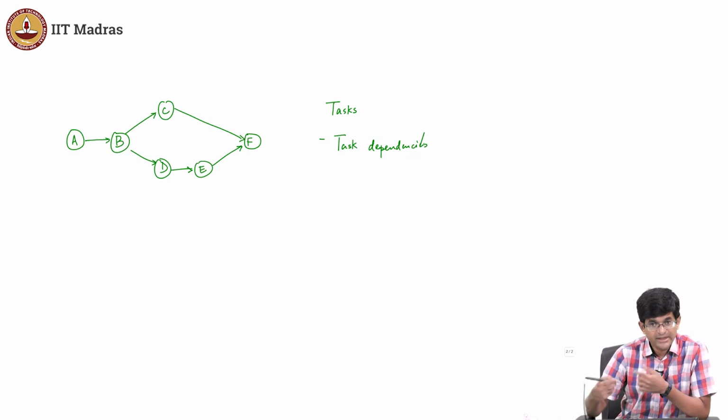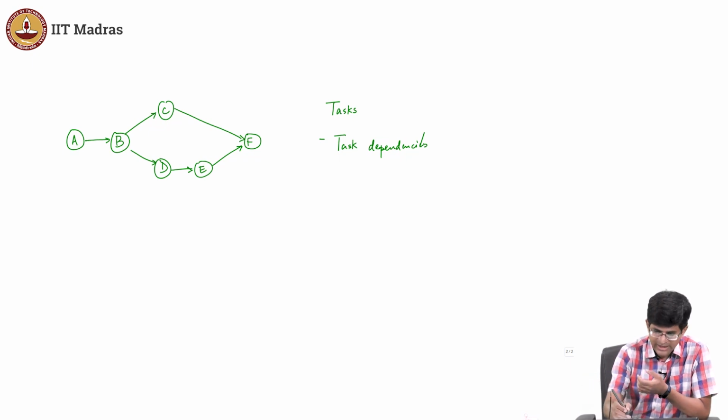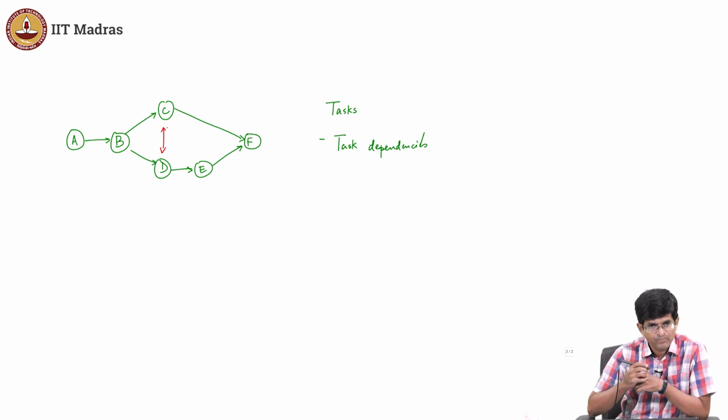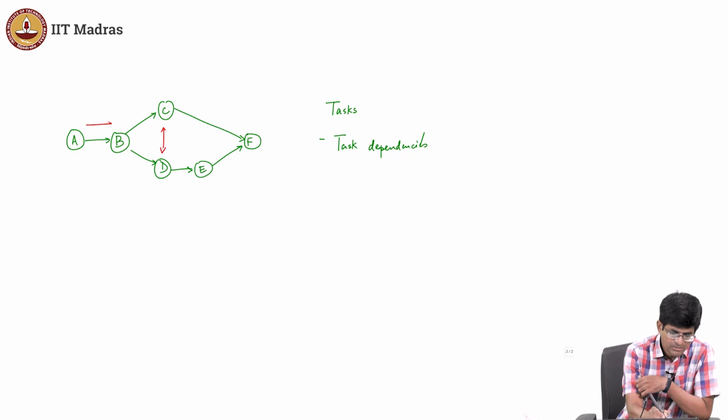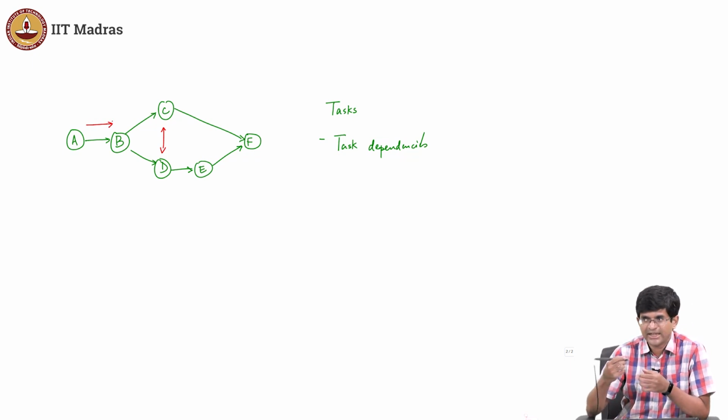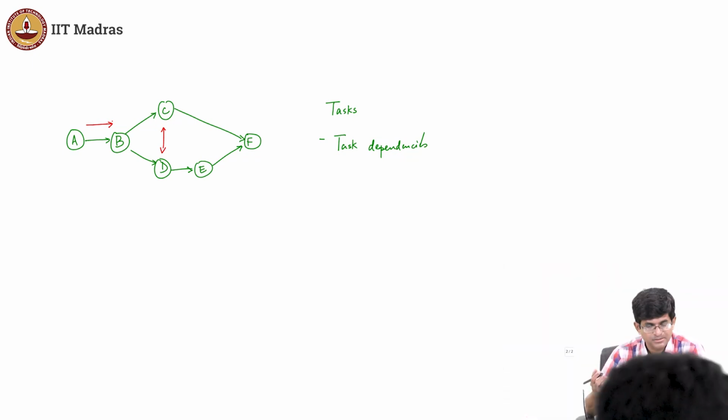right, which in turn leads to another aspect, which when you look closely at this, you will realize that, look at these two tasks C and D, right. Do they have any dependency on each other, right? One thing I can say for sure is, look, B depends on A, right. What I mean by saying B depends on A is that until A finishes or A does something, B cannot proceed, right. Similarly, C depends on B, D depends on B, because both of them are taking inputs from B. But does C depend on D? There is nothing to indicate that, okay.